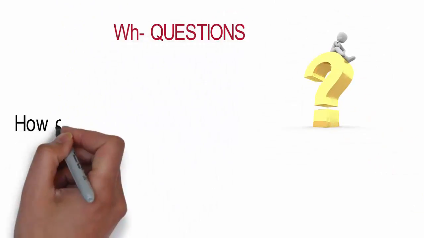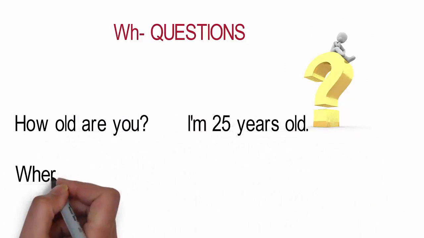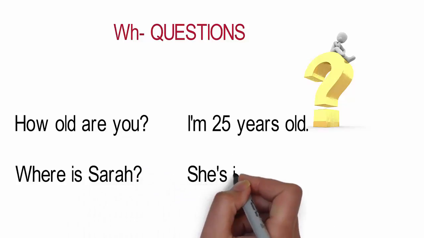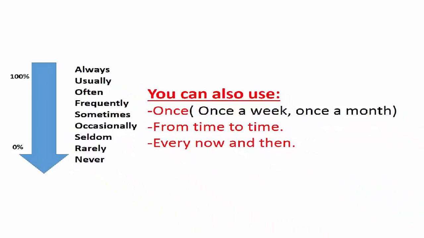Double H questions. How old are you? I'm 25 years old. Where is Sarah? She is in the kitchen. So, as you can see, we didn't use do or does in the sentence. We just used am, is, or are. Easy, right? Now what? Now we talk about some of the keywords that we can use to express the present